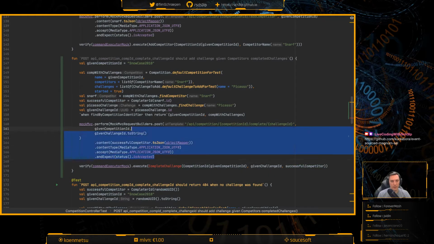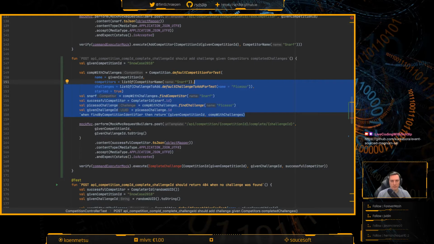So we'll execute this thing and then just verify that this is being executed or being passed to the executor. And then we can move all of this. So we already have, you know what?